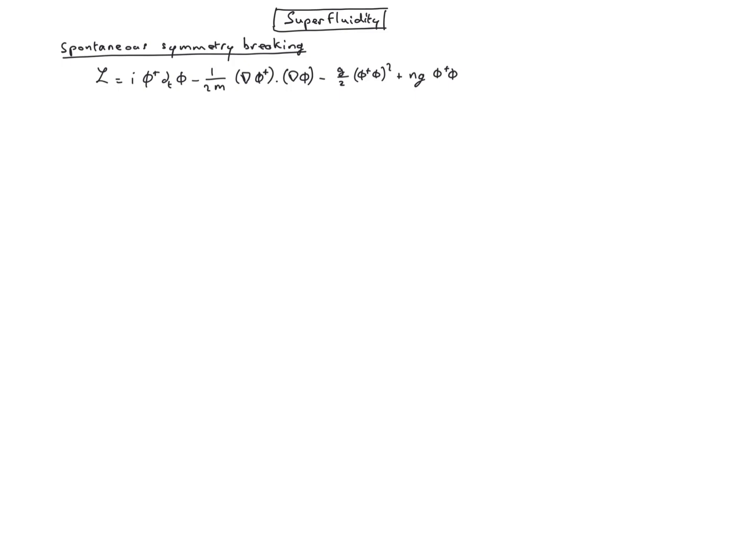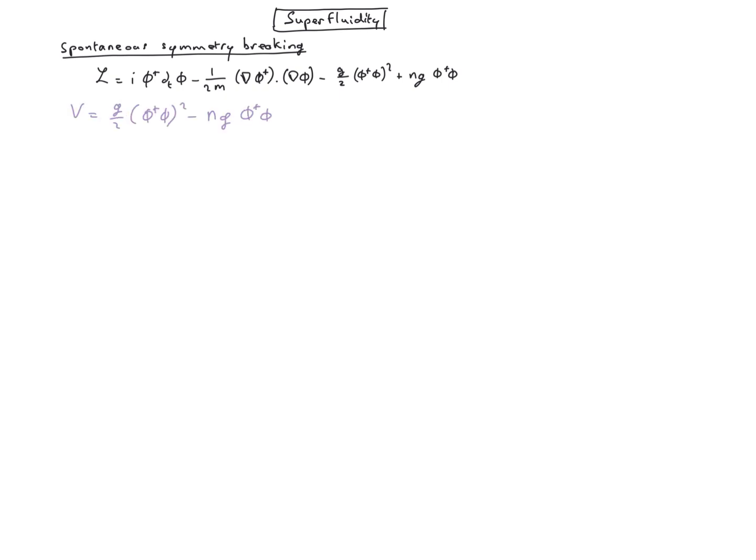Superfluidity was first observed in cold atom systems, and it can be associated with a Goldstone mode originating from spontaneous symmetry breaking, which occurs at very low energy, so at very low temperature. So we first need to investigate the spontaneous symmetry breaking mechanism in this Lagrangian, and then we will integrate out all the high energy modes in order to isolate the Goldstone mode, which characterizes the low energy physics of the system. The potential for this Lagrangian can be expressed as: